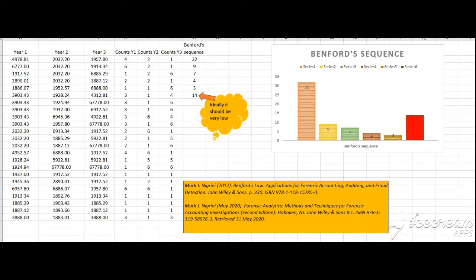Now you can see first what we have done, we have calculated the count. I'll take my calculation box here and show what I have done. This is equal to LEFT, then whatever you select, this one, comma, because that is year 1, and 1, then you close the box and click. Like this you do for all these other columns as well as these rows. So after that you get a count for y1, that is year 1, count for y2, that is year 2, count for y3, that is year 3.